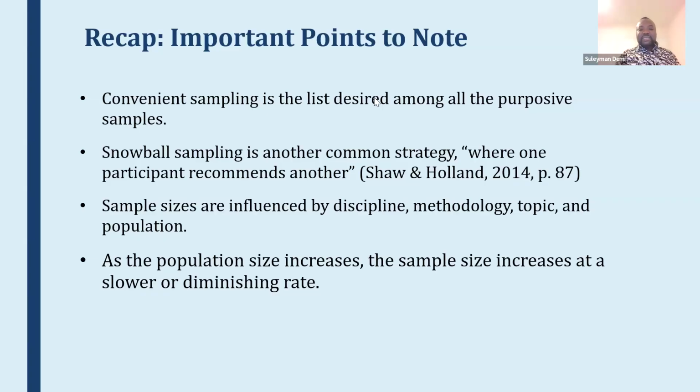And as population size increases, the sample size increases at a slower or decreasing rate. Who can explain this? As population size increases, the sample size increases at a slower or diminishing rate. So as the population size increases, the margin of error decreases. Yes. And so that's why the sample size increases. Yes. But you see, the increase